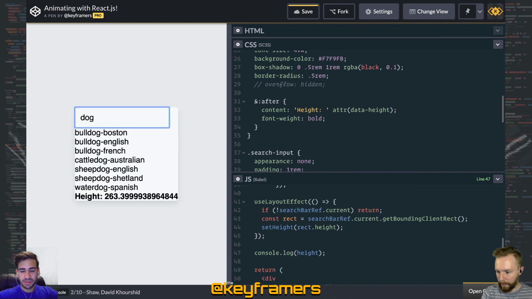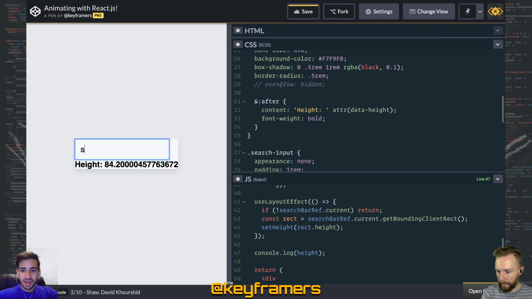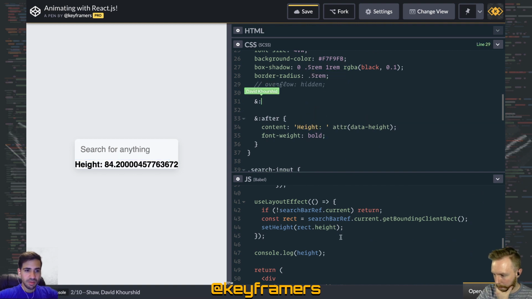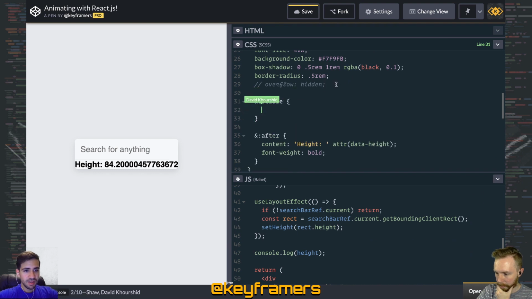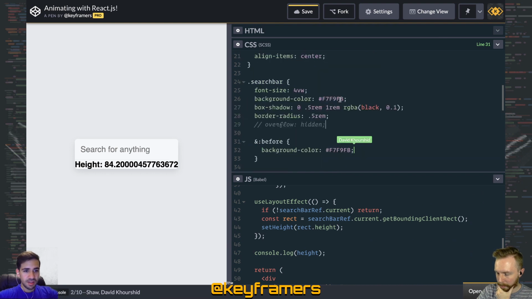All right, yeah, that works. All right, cool. So now that we have the height and it's being updated, we could transition between that. And so I'm going to use the pseudo elements just for fun. This is a technique we've been going on over and over again,